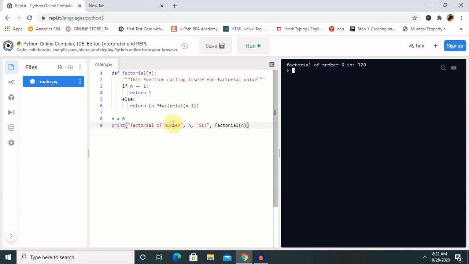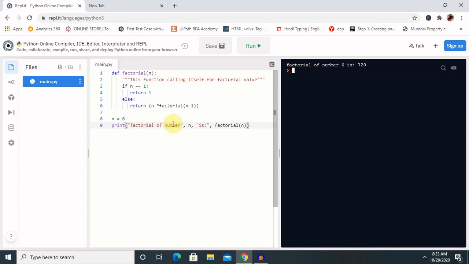So just like if I want to multiply 6 into 6, that is 36. So this will become a small problem. But if I want to do the factorial of number 6, it means 6 into 5 into 4 into 3 into 2 into 1, and it will give me a result. So dividing this into small pieces and collectively joining them into the bigger number helps for simplicity of programming.